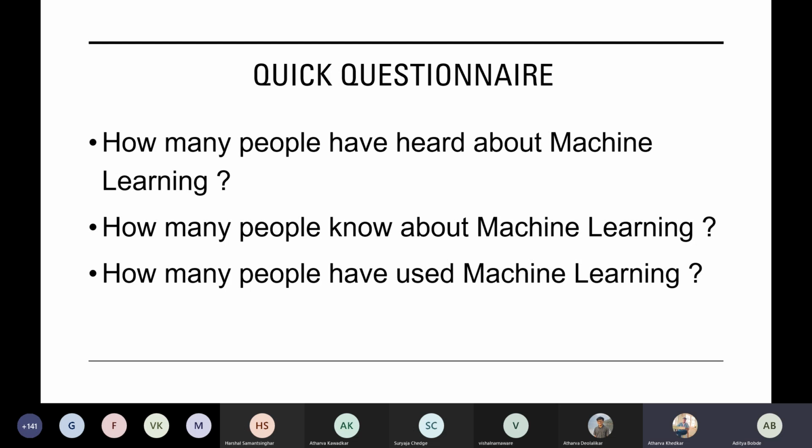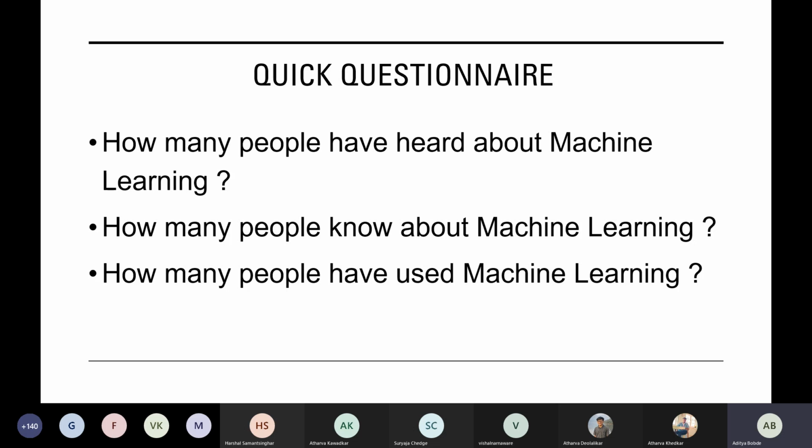Looks like many people have at least heard about machine learning. So let's get to the second question: how many of you know machine learning and have implemented it? Would anyone like to share any idea they have been working on, or any project they have done in machine learning before? Feel free to type it in the chat box. Hello, folks. I'm back. I'm audible clear now. Yeah, much better.